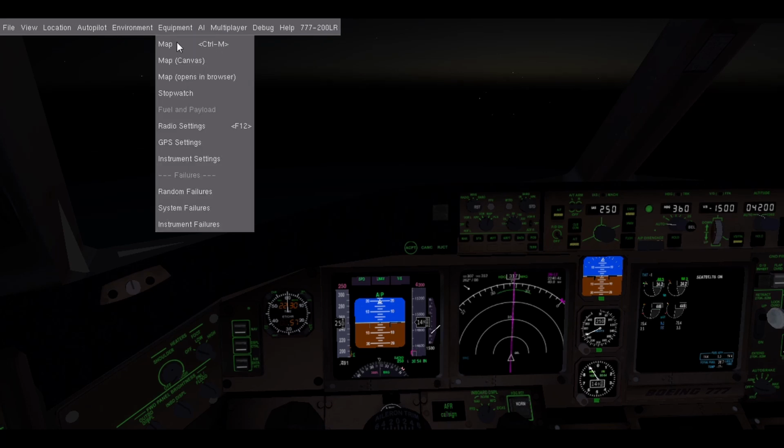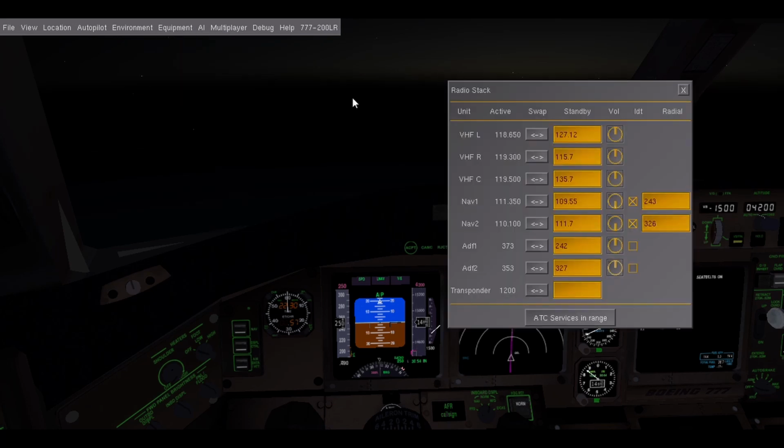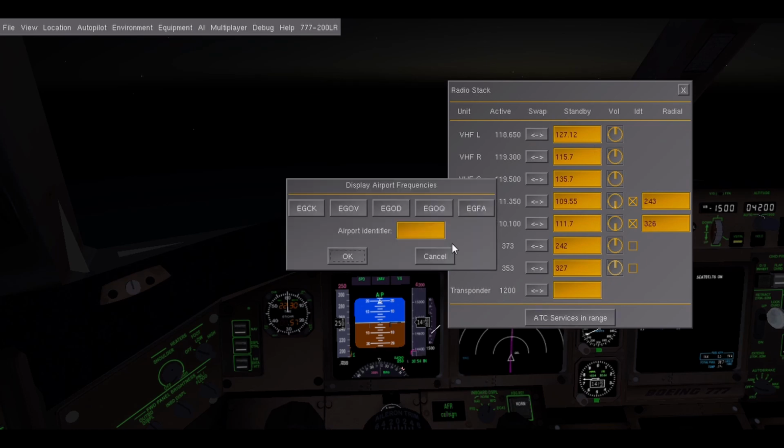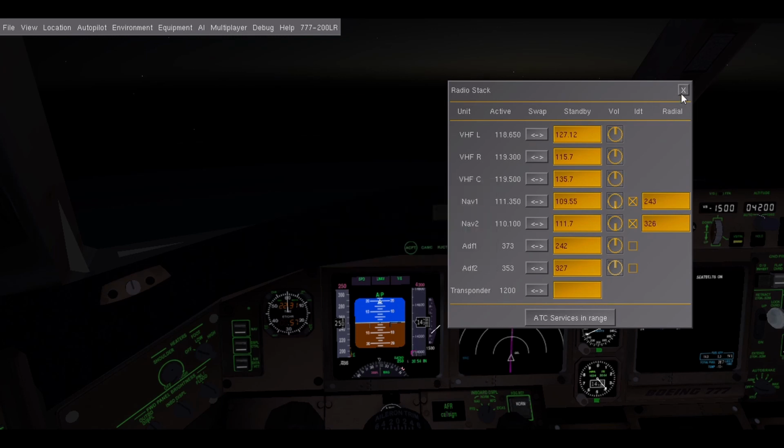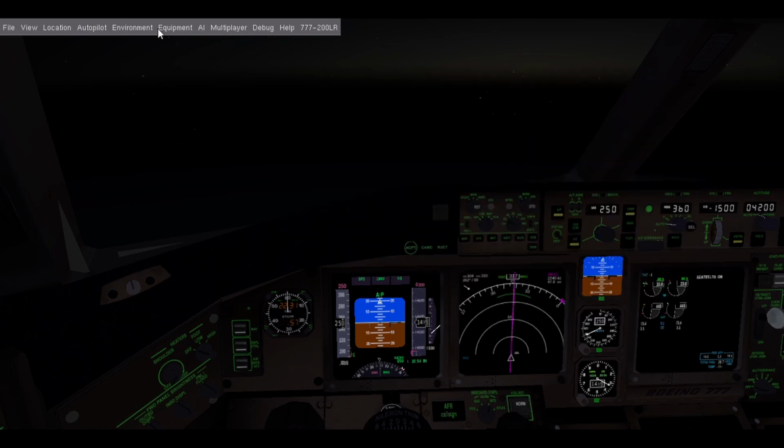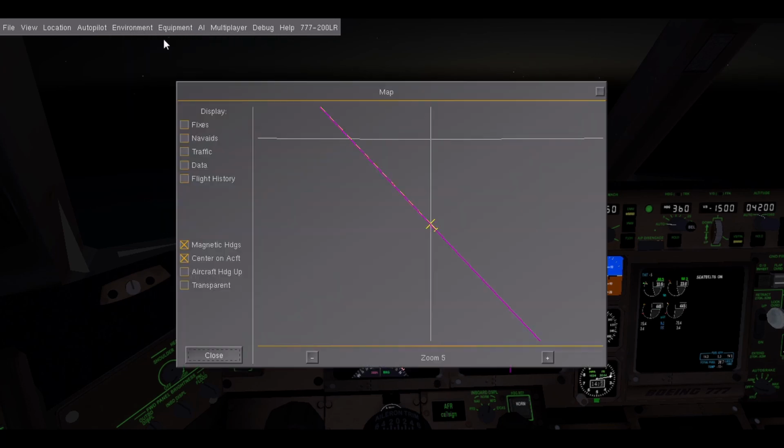So I'm going to check if Dublin's airport is in range because I need to get the QNH value in order to configure the plane for an ILS landing. Dublin is still not in range, so what I'm going to do now is go over the map and